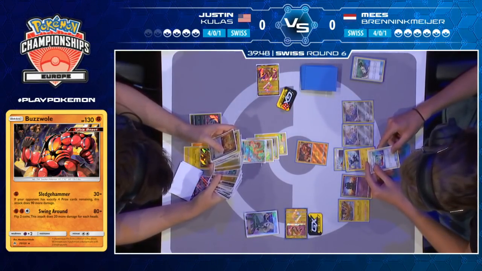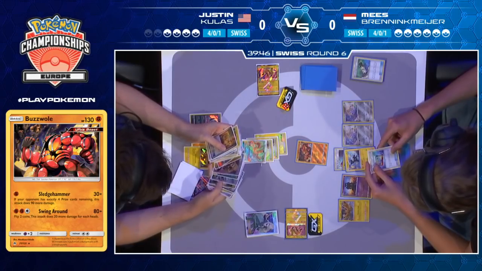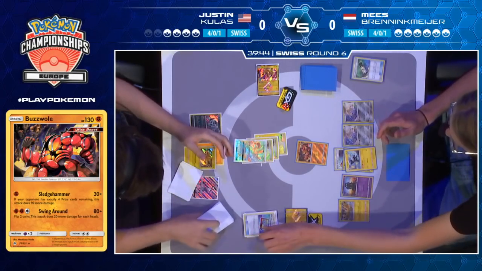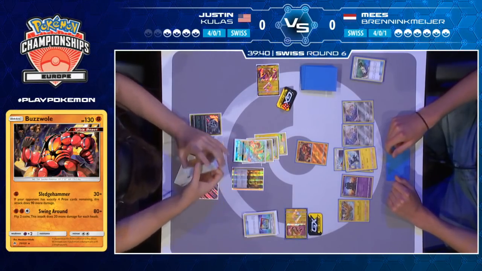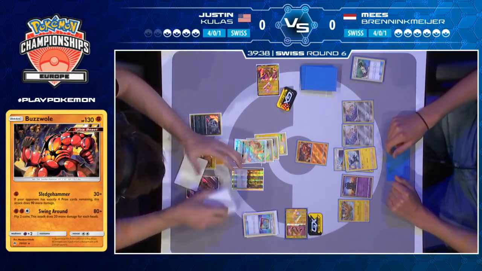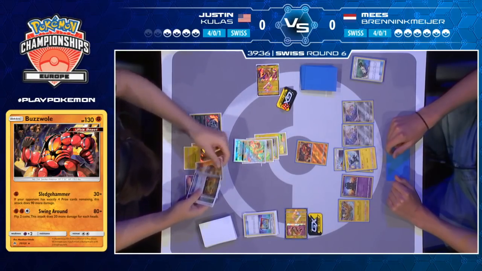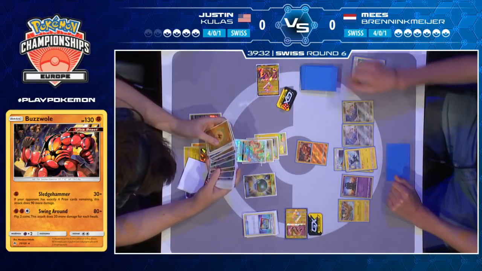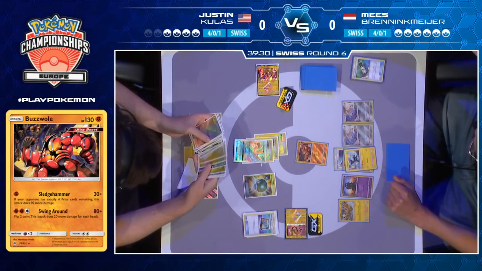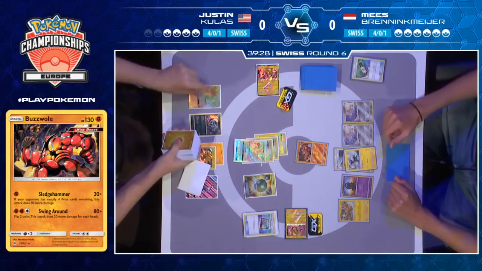We see an order pad and Mees once again having a quick little read. Don't blame him for that one. Order pad allows you to flip a coin. If heads, you get to search your deck for any item card and put it straight into your hand. Sorry, I've got to read it twice. It looks like he grabbed Energy Switch, so we might be seeing a Pikachu and Zekrom GX get powered up